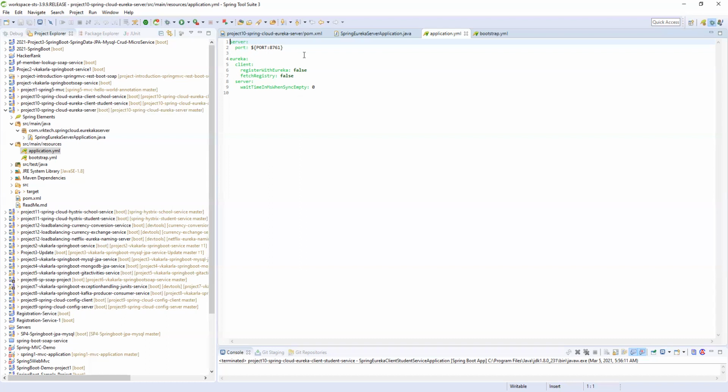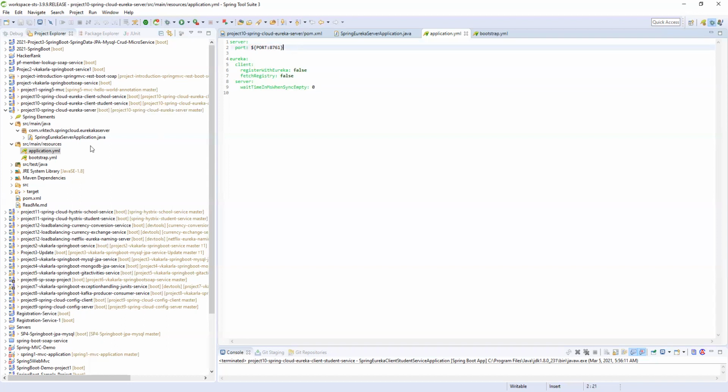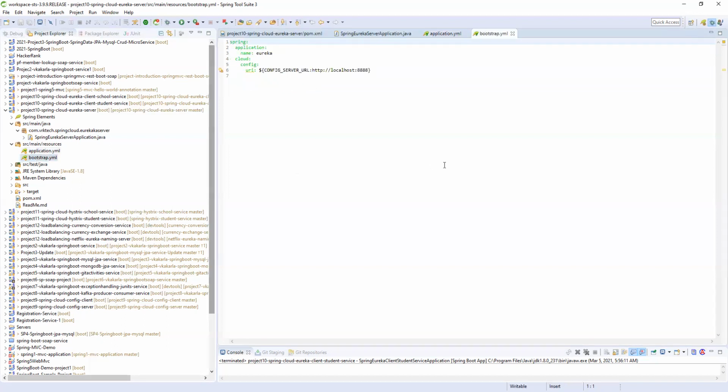Server port: I'm giving a port number here. And eureka client register-with-eureka false and fetch-registry false. Okay, fine, some default parameters I have given here. This is the port number. Now the bootstrap. Here I am giving a config server URL.